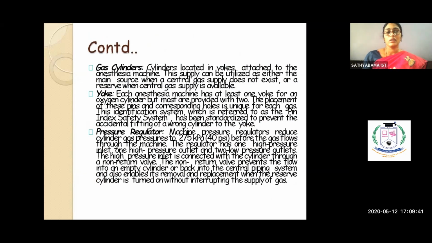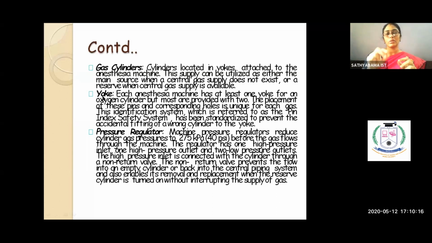Again, we have gas cylinders, right? Gas cylinders you usually see right behind your anesthesia machine. You have that place. I think most of you would have tried putting it in when we had our training, right? These are utilized if the main supply system is getting faulty. There might be chances that the main supply system might get faulty, and you'll not be able to give the gases at the needed time. So you have to have a backup. These gas cylinders are going to be a backup at the back of your anesthesia machine, and it has a yoke.